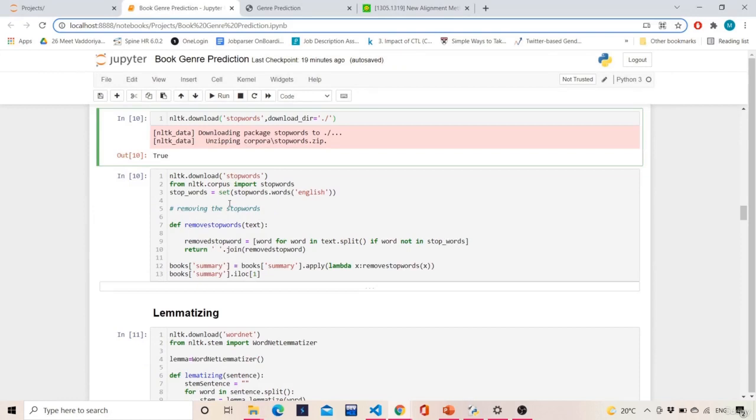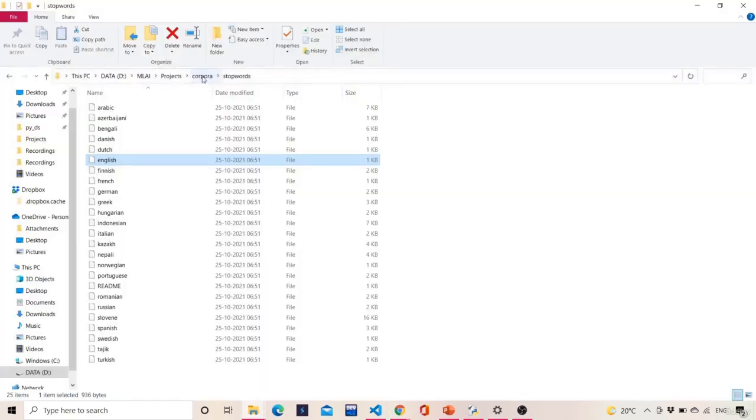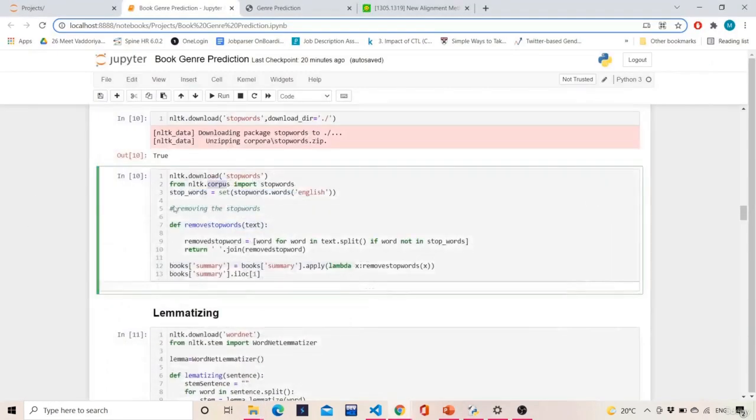So we will be downloading those stop words, and then after that we will be using the corpus from NLTK. From nltk.corpus import stopwords, and then stopwords.words of English. Basically it will go inside that file and gather all the stop words into this set. Now why are we using a set? Because there may be some stop words which are repeating, so we want to remove the duplicated stop words. We want all unique stop words only, so that's the reason we are using the set. Okay, so the whole stop word set is mentioned over here.